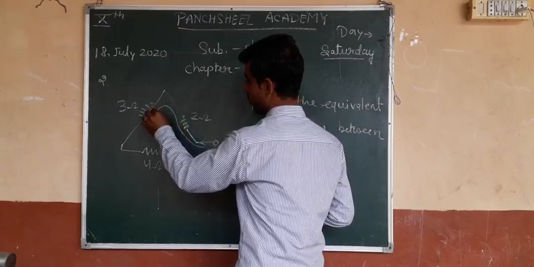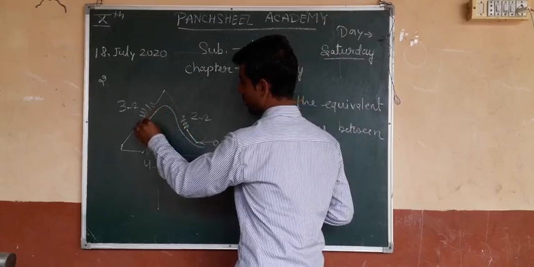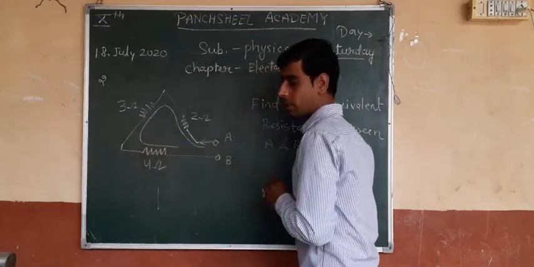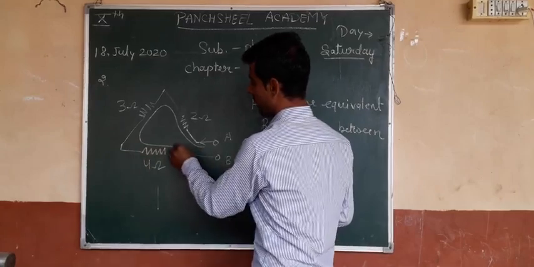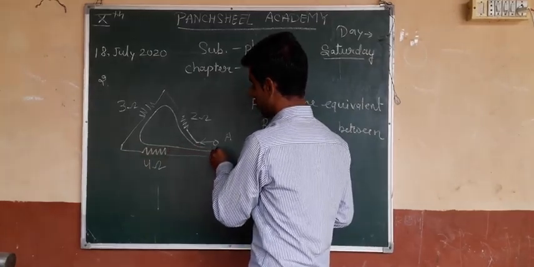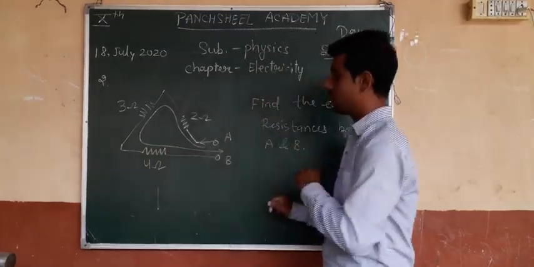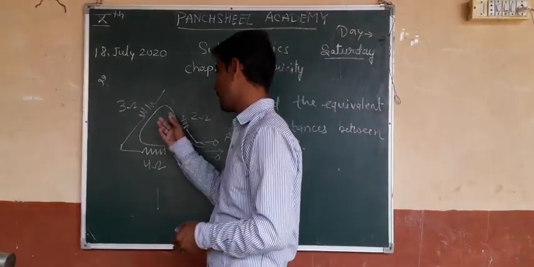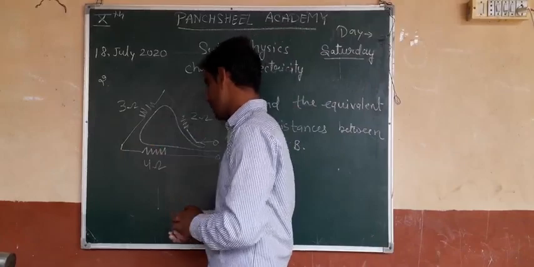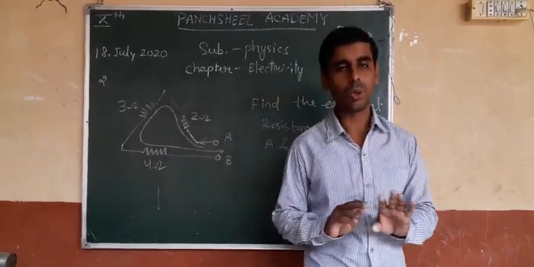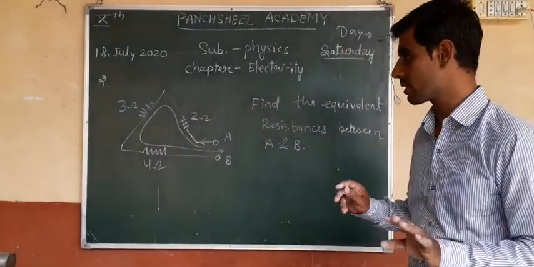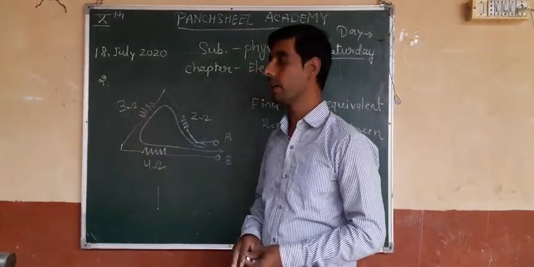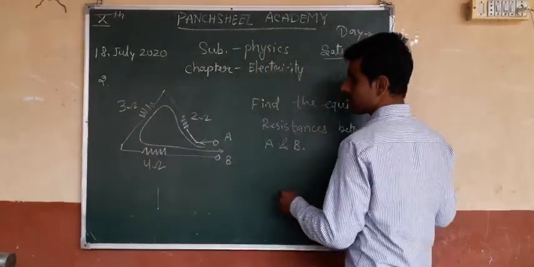First it enters the 2 ohm resistance, then the 3 ohm resistance, and finally the current flows in the 4 ohm resistance and returns to terminal B. So the current is the same because the current is not diverted in any resistance. Current कहीं पर भी divert नहीं हुआ है. Okay, so this is the series combination.